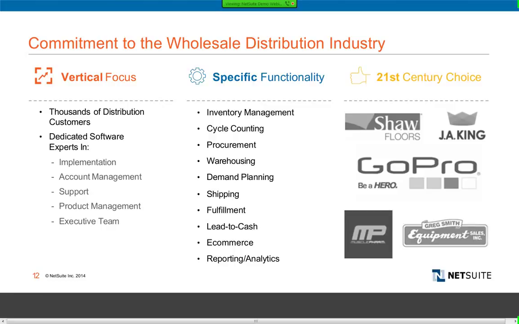But probably the most important is that customers are voting with their pocketbooks as a 21st century choice for their business, to be able to move from 10 employees to 100, from 100 employees to 1,000. They're voting with their pocketbooks to go with NetSuite to move their business forward because they see it as a way for their success.